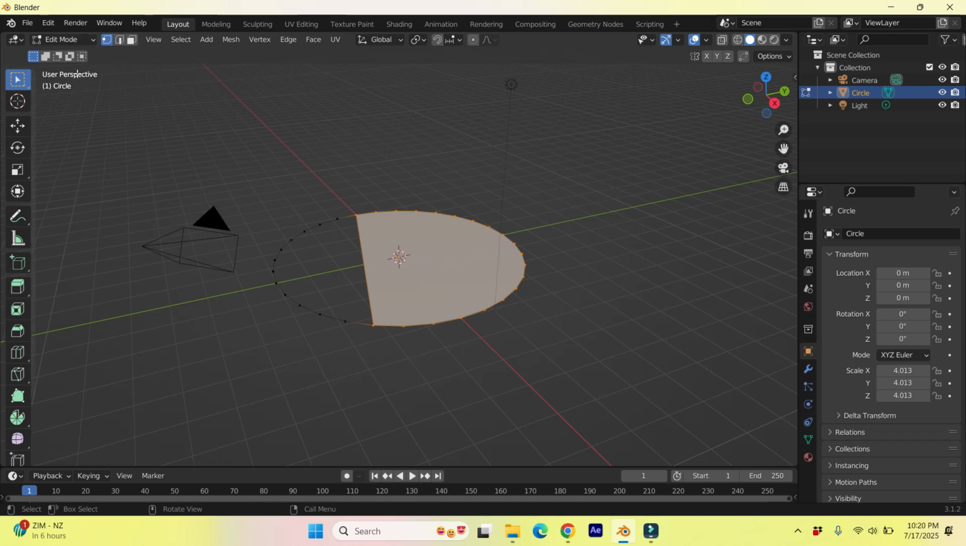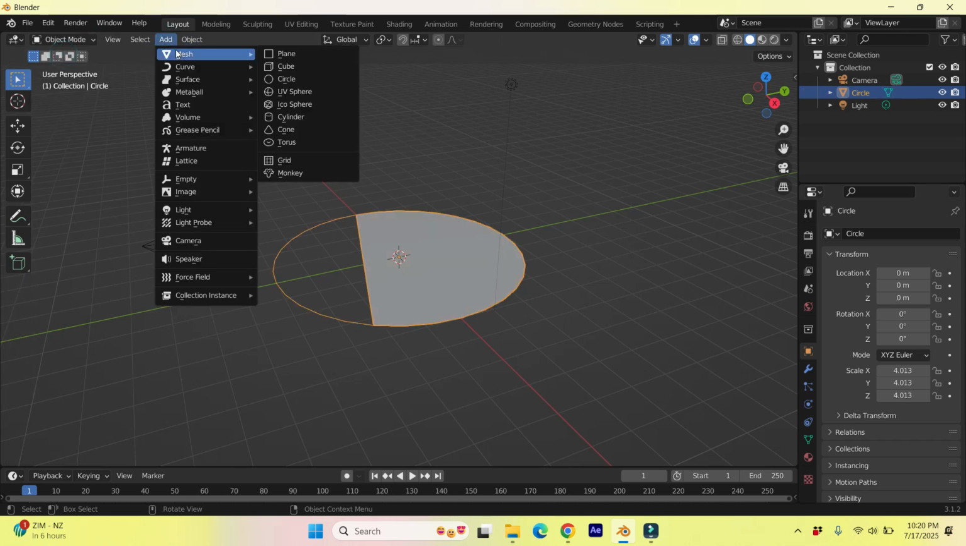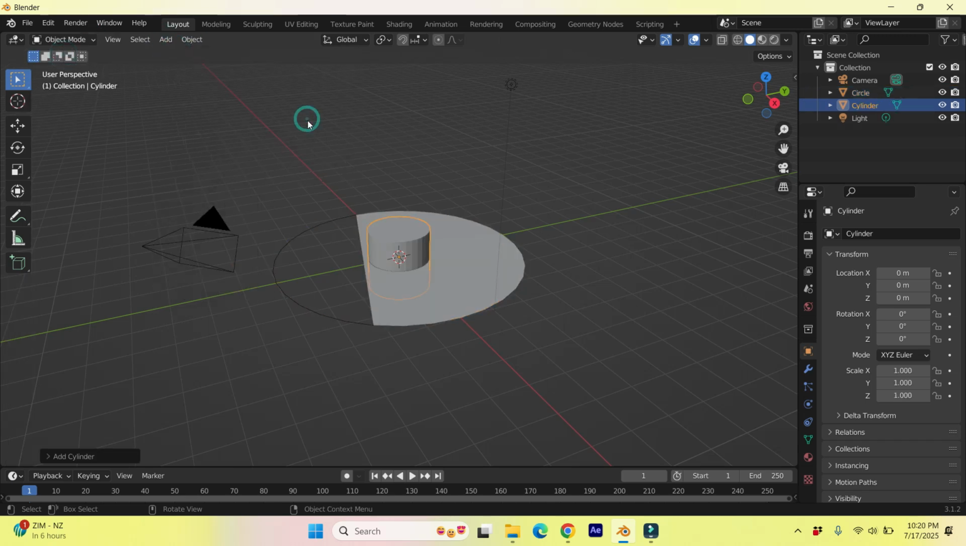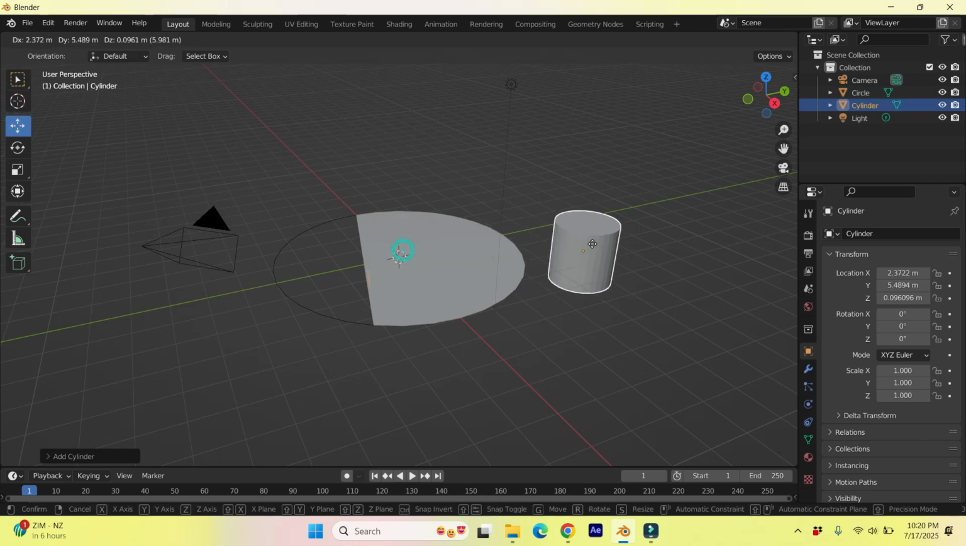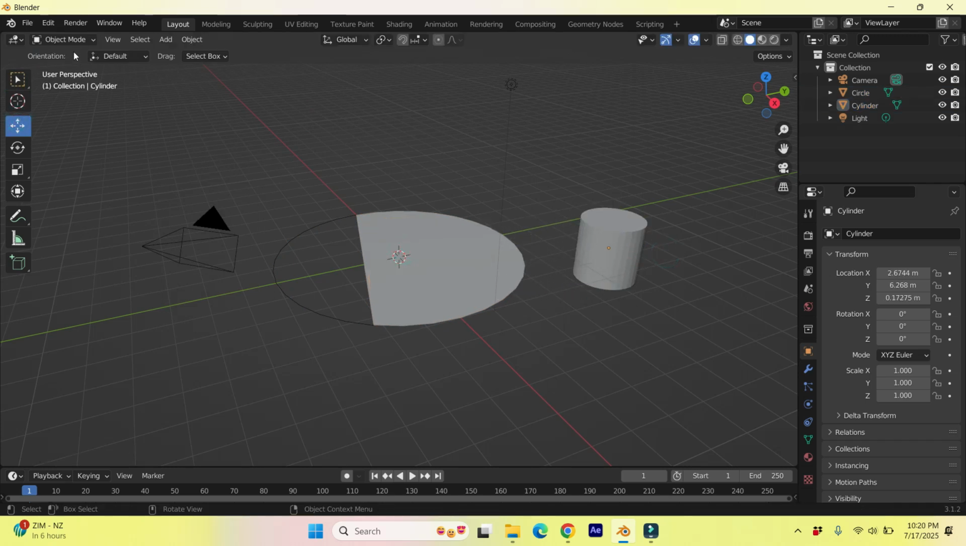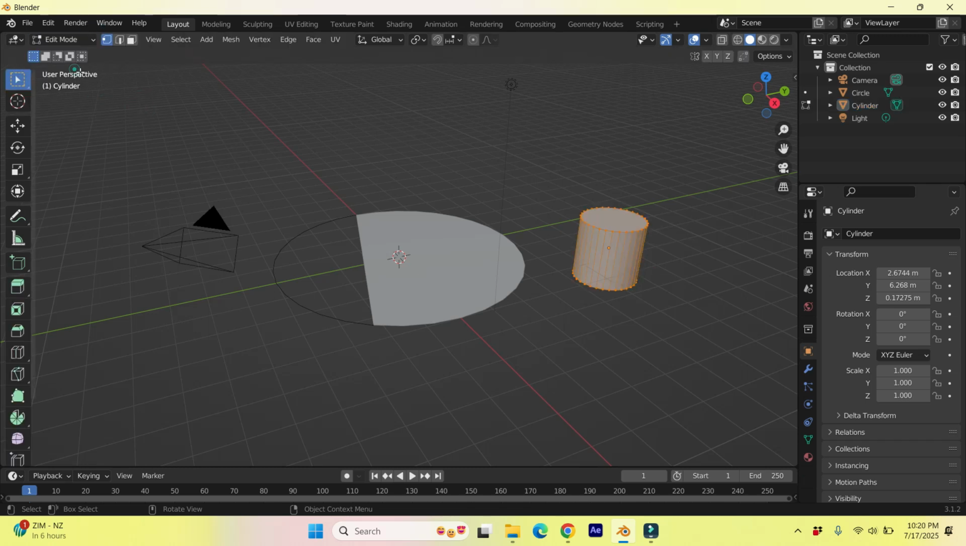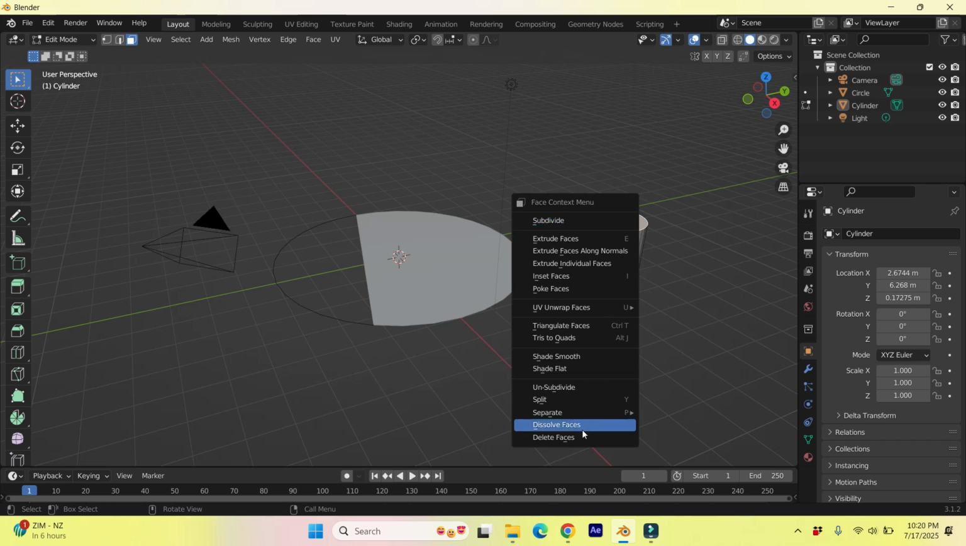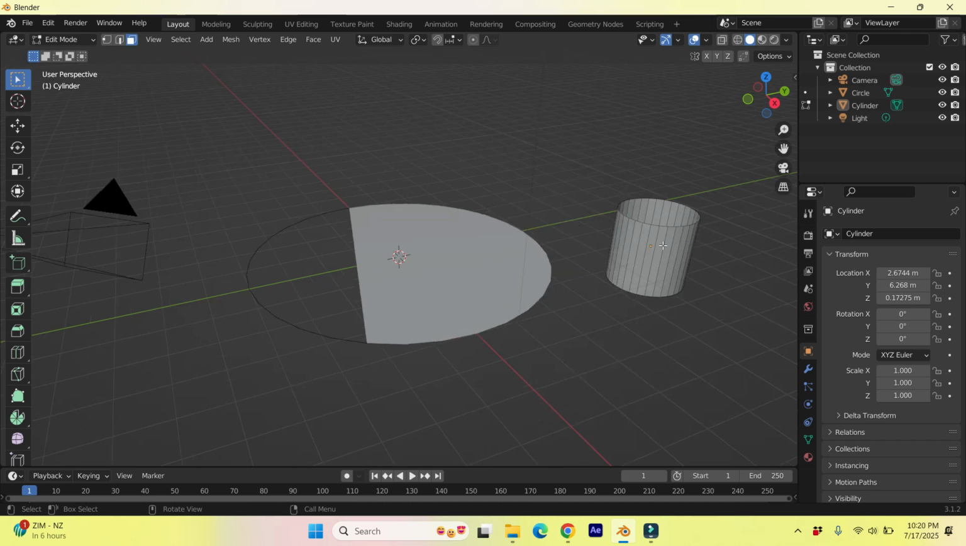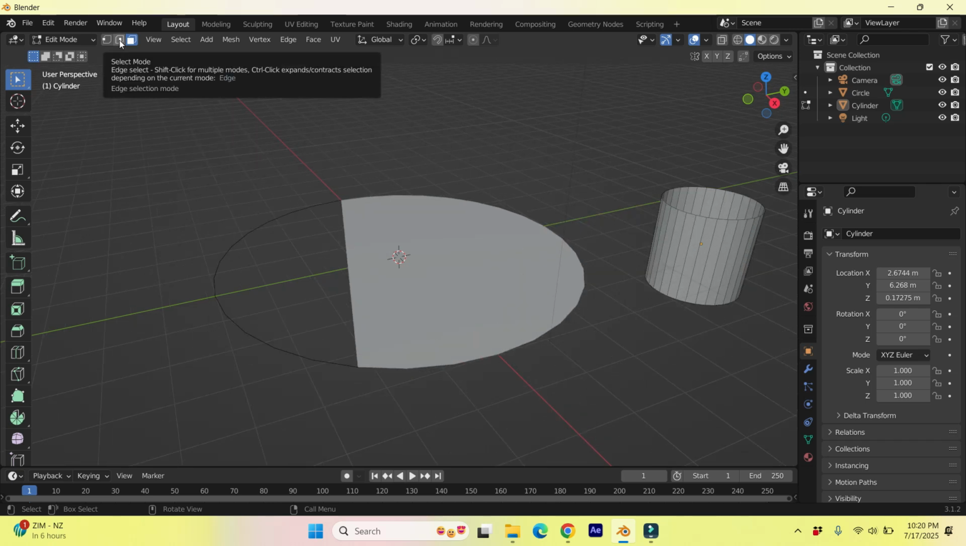Okay, now let's go back to object mode and add, let it be some cylinder. Move it a little bit. Okay, and I want to remove, let's go to edit mode, choosing faces, and I want to remove this face, for example. Delete face. Okay, let's go to edge selection and I will choose some edges, and now pressing F,